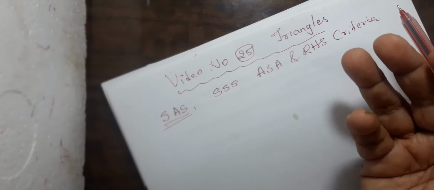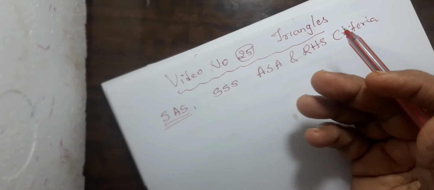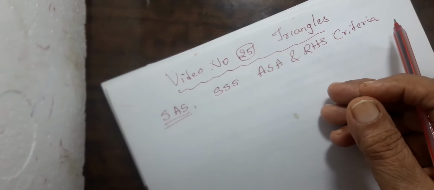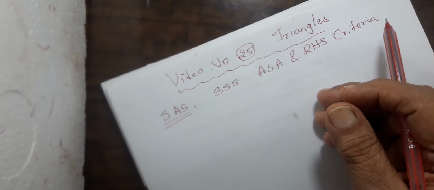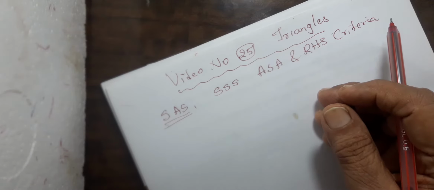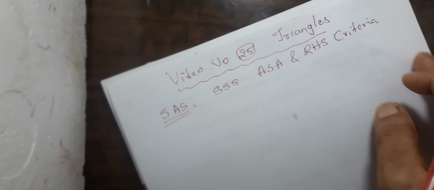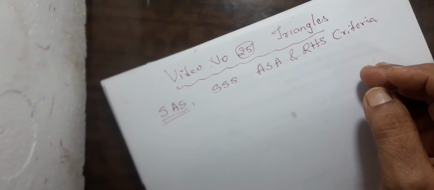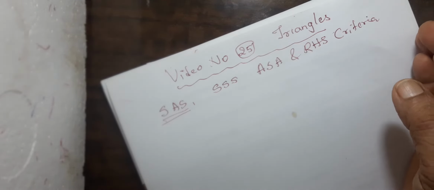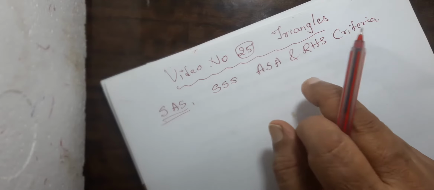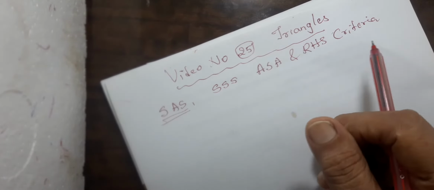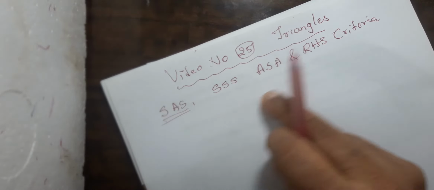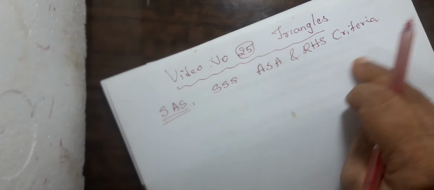So that was SAS criteria for congruency of triangles. Similarly, I need not repeat it, but just telling you, now SSS means three sides of one triangle should be equal to three sides of another triangle. And then ASA, three measurements, I have told you the other day, three measurements of the one triangle should be equal to three measurements of the other triangle, but it should be according to these criteria. Okay, now what's the difference between congruency and similarity? You know it very well. Now there lies the difference here in these criteria also.